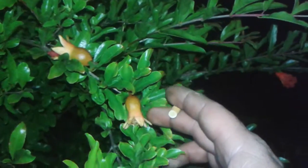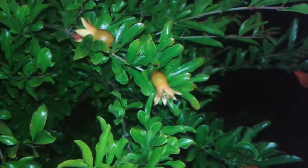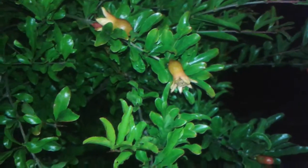But what sucked was that it grew all these soon-to-be pomegranates, but they never quite developed into pomegranates. They all just kind of fell off. So that's another thing I need to research. Eventually, when I get some more time, I'm gonna get me another gardening book whenever I get some better funds in my life, because right now